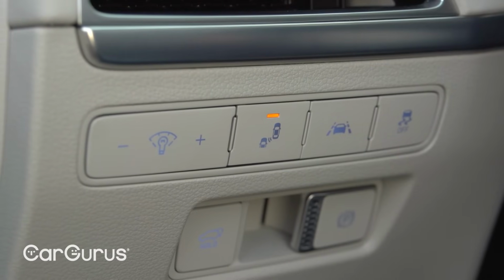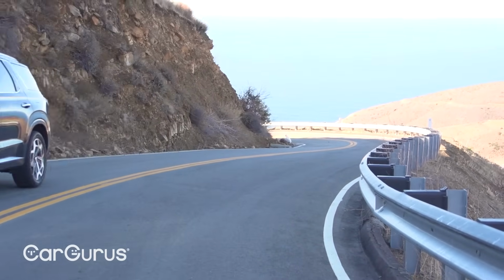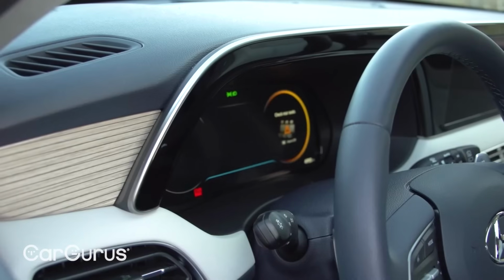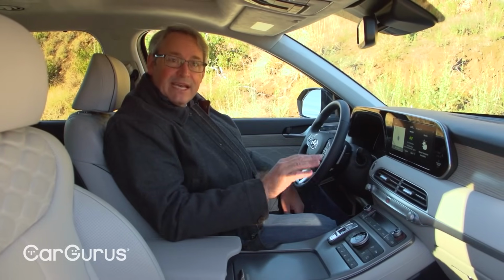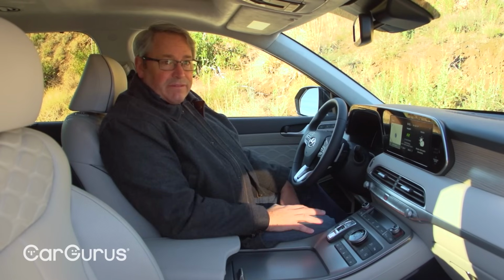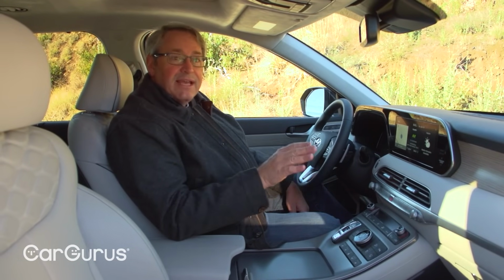The collection of safety-related systems is also impressive. Highlights include a head-up display that shows when vehicles are in the Palisade's blind spots, a camera-based blind spot view monitor, a safe exit system that warns if vehicles are approaching from behind, and an ultrasonic rear occupant alert system. This ultrasonic setup can detect movement inside of the SUV after you've locked up and left it. For example, if you've forgotten that it was your day to drop off at daycare and your child wakes up from a nap, the system will sense the movement, honk the horn and flash the lights, and send you a